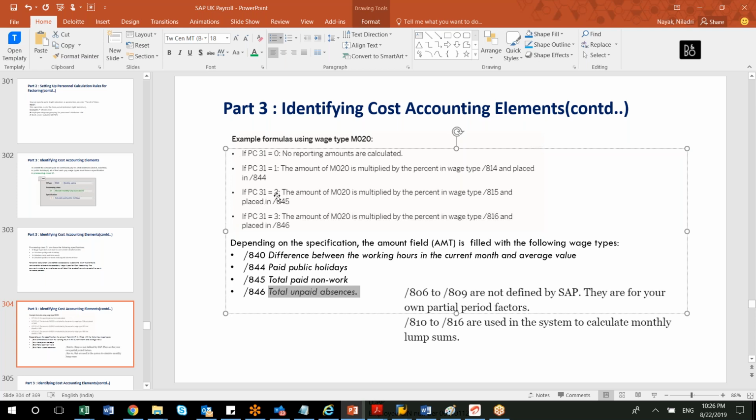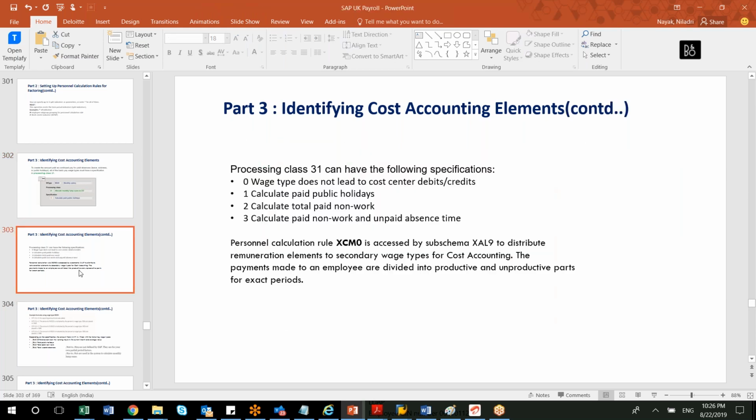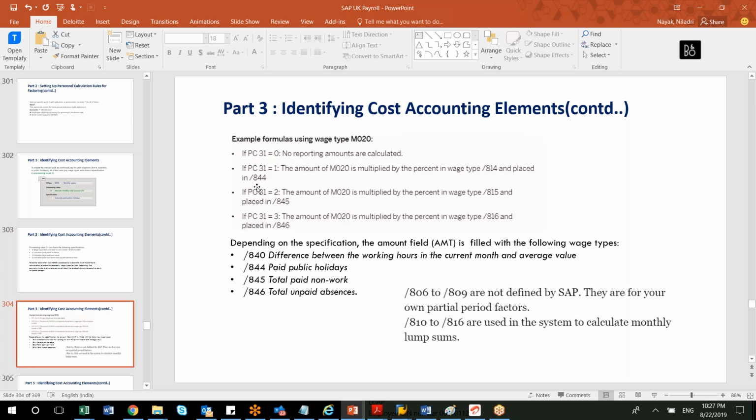So what you can do for testing in the system, whatever you are using as the model wage type, go to processing class 31 and make one first. Then you see how these are generated, because all these wage types will be generated, right? Slash 814, 818, slash 844, you go to the payroll log and see